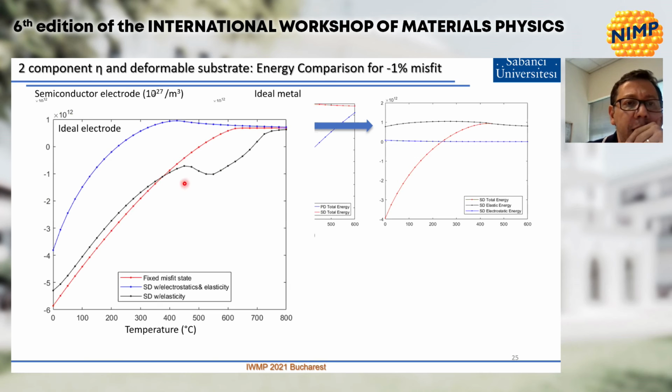If I also compare with the fixed misfit state, here I don't allow the system to undergo any type of relaxation. So the misfit is fixed, which is close to what has been published in earlier phase diagrams. We do get a difference. If you have the electrostatic cost, this is what pushes the system here. But like I said, when the system has this electrostatic cost, it tries to get into a state of